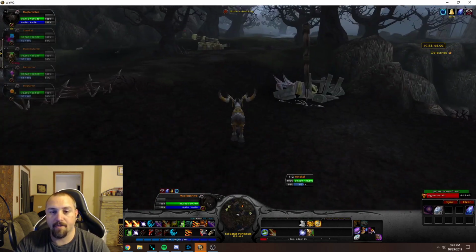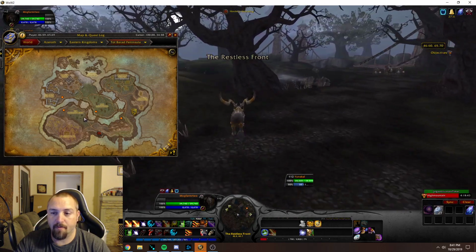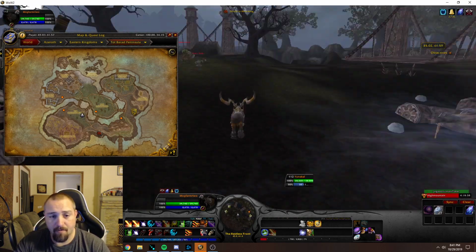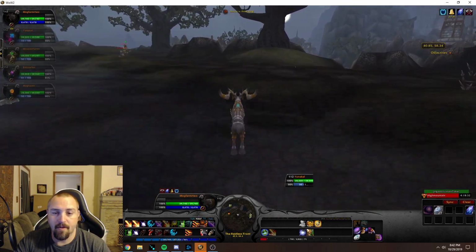Actually, there's one right there as well, so you could get one to cover that. So like I said, if you can actually get multiple multi-boxers out here, you can cause faster respawns, so more loot. Then you have down here another one